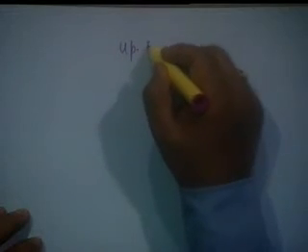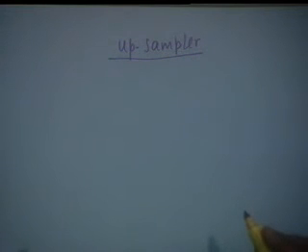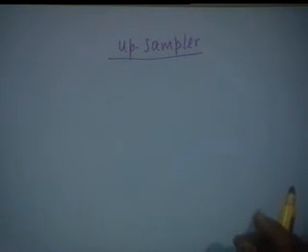Let us take another example. This is my favorite example, and it is the upsampler. That is, if you want to change the rate of sampling, this is a very commonly used operation in digital signal processing, upsampling or downsampling. The samples were, let us say, at 10 hertz, if you want to change it to 20 hertz, or a 40 hertz signal to be downsampled to 3 hertz sampling rate. Upsampling and downsampling.